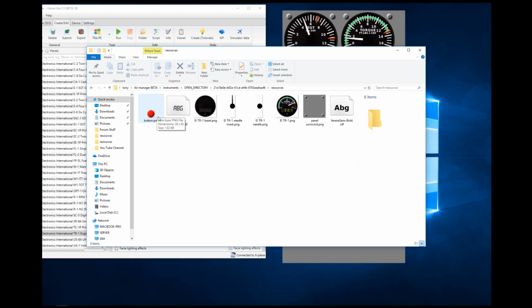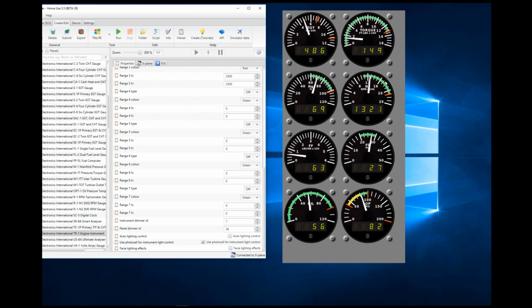I think there's just a mask or two for the needle and the bezel and the panel surround, and that's about it. So there isn't any other drawing objects. This is all done with these tick marks, and the color bands are all done using the canvas to add those very, very flexible